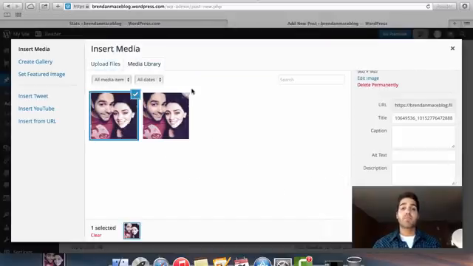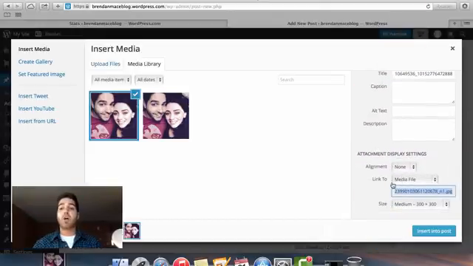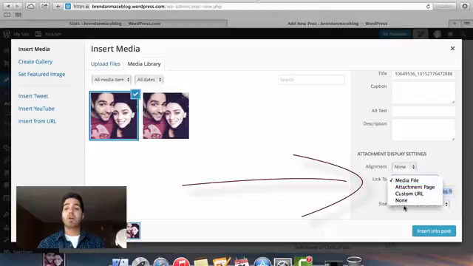Choose. Once I've picked that picture, it's going to load up into my WordPress media library, and it's going to give me some options of the size and the alignment of my image. So I have a couple options here. First of all, this link to option, I want to change that to